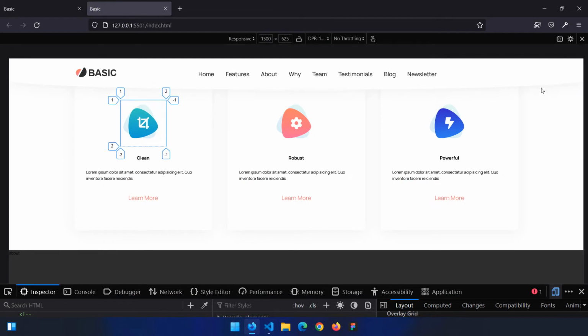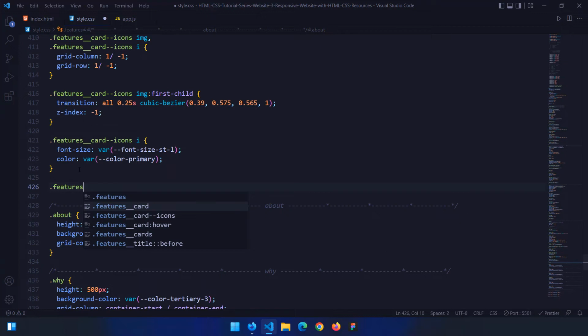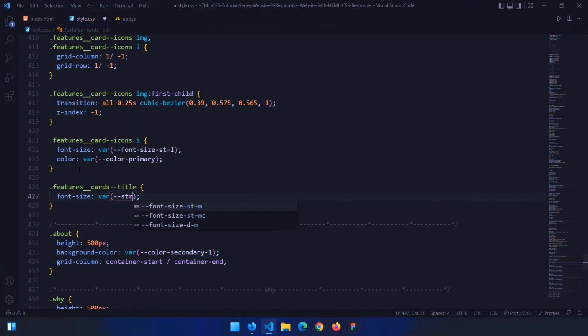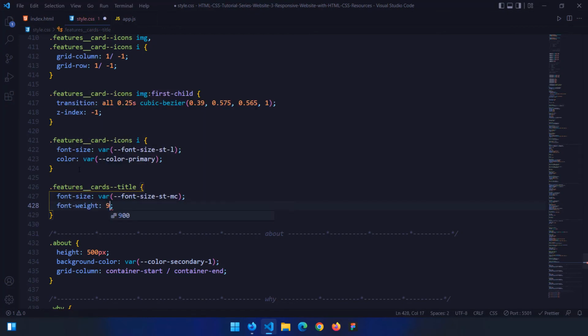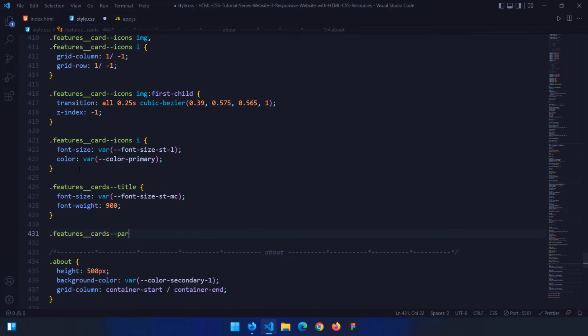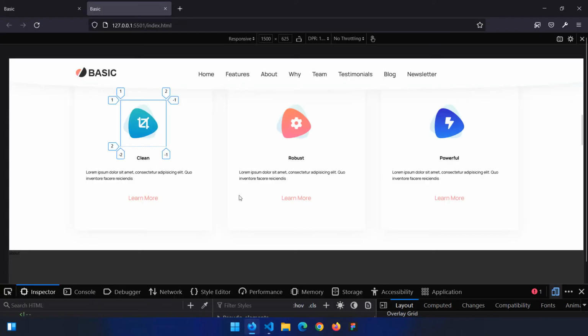Okay. Let's style them, and we are going to take a look at that icon and why it is not being shown. So it is features card title. We have not selected it. Have we selected the title? Okay, that is the card's title. There we go. So the font size for this one is going to be STMC, modified medium customized, and the font weight is going to be 900. And let's finally grab the features para, and this one is going to be text align center. Save that. Let's come in here,